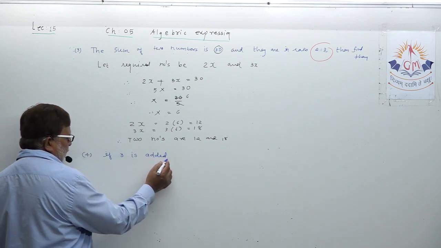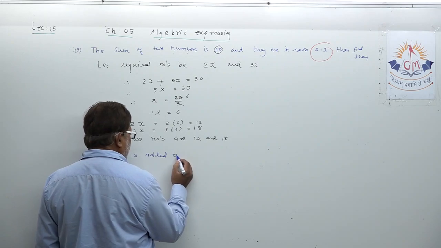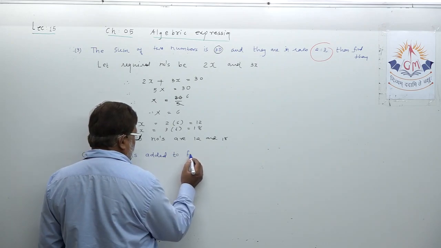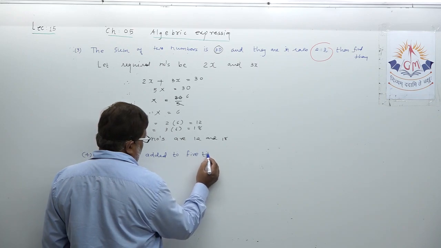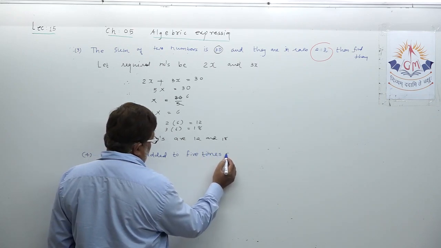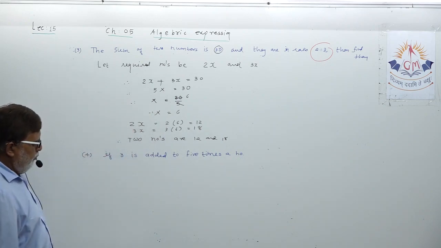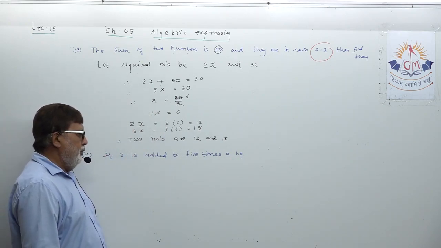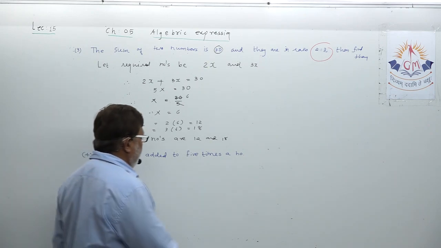If 3 is added to 5 times a number, please note down, 5 times a number. If 3 is added to 5 times a number